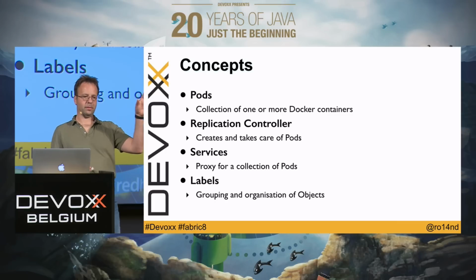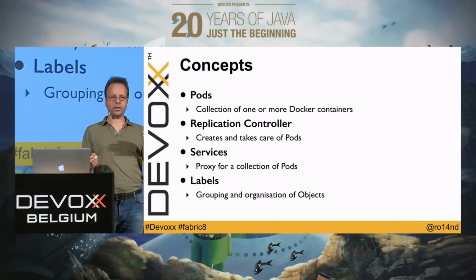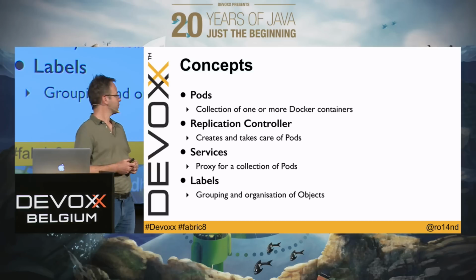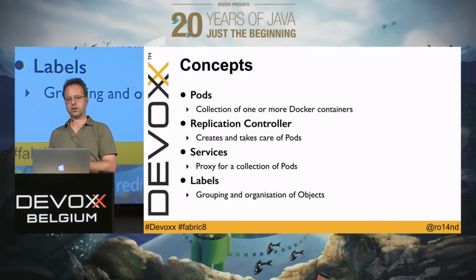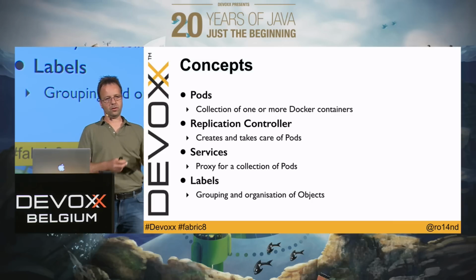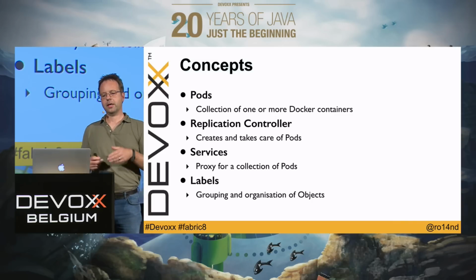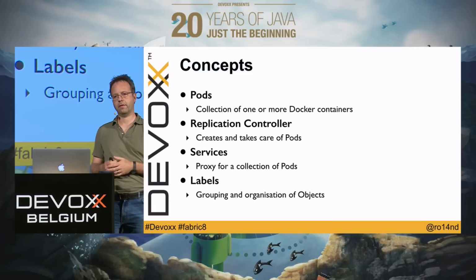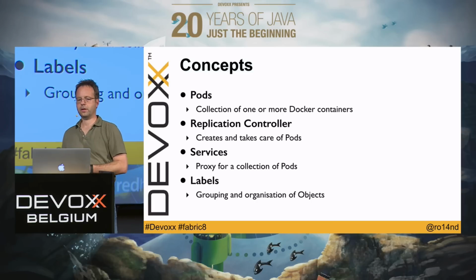So you have a replication controller, you have the pods, and how can you now access the pods from the outside? Therefore, you can use services. Services themselves are nothing more than a proxy to a collection of pods. Each service also has a dedicated IP address, and you go through the service from the outside, and the service then distributes the request which comes in to any of the pods it is responsible for.